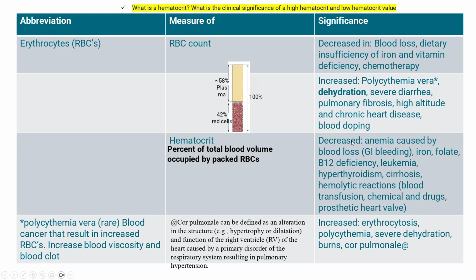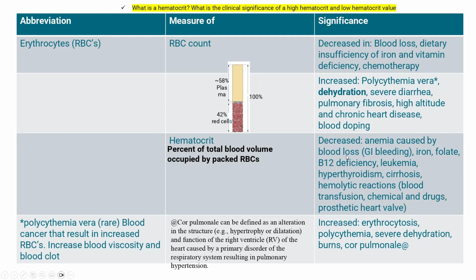It could also decrease in case of anemia caused by blood loss, like somebody who has bleeding within the gastrointestinal tract, like somebody who has a peptic ulcer, or any other disorder which might cause GI bleeding. Low iron, somebody who is deficient in iron, does not eat enough. Folate, which is vitamin B9, or vitamin B12, which is cobalamin deficiency. Leukemia, some types of,